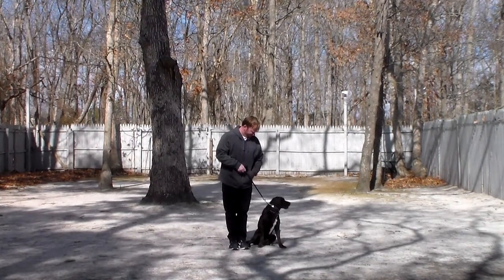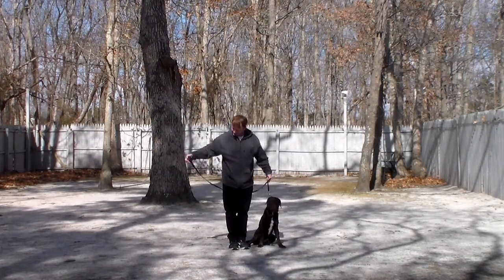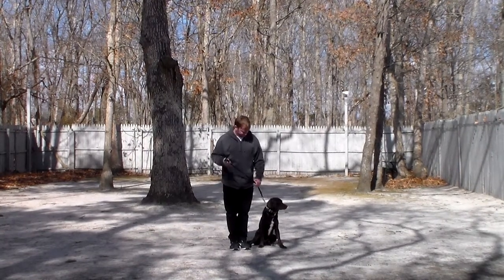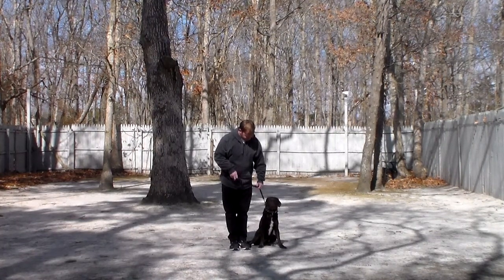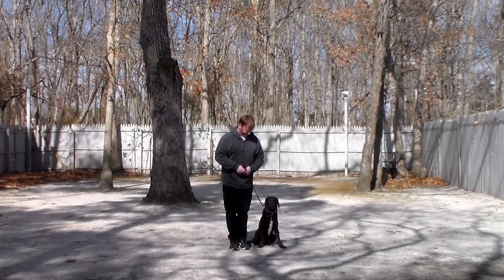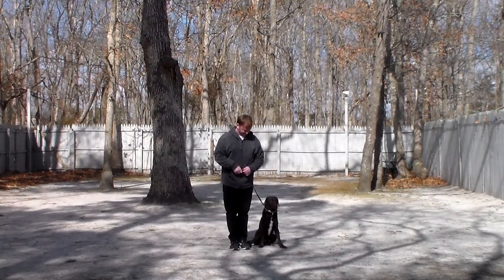We're using a regular 6-foot web training leash, and Rich keeps the bulk of the leash folded in his right hand. That leaves the left hand free to give the correction, and the correction that we taught you is the tug and release on the training collar, and that is the second piece of equipment that we're using. And if you remember, all of our training is done on the left, so he is sitting very nicely at